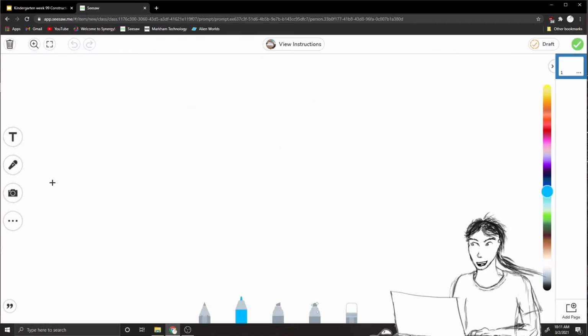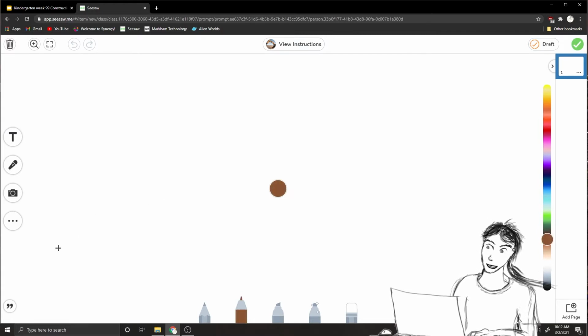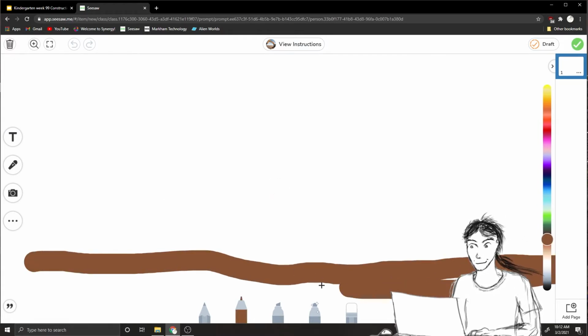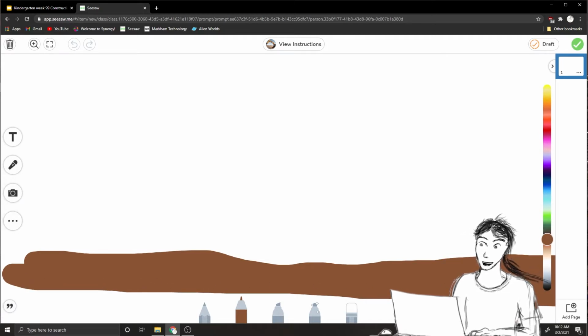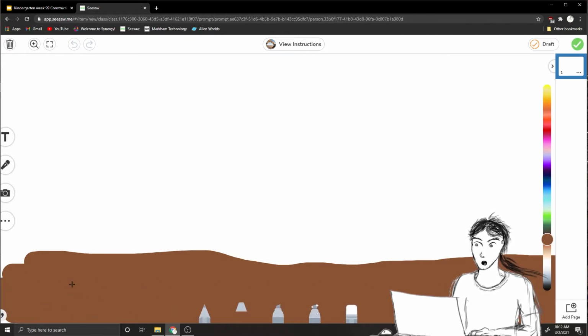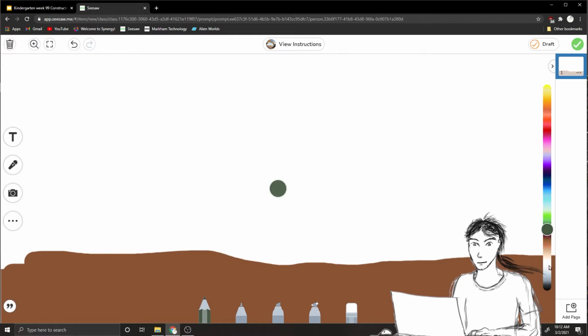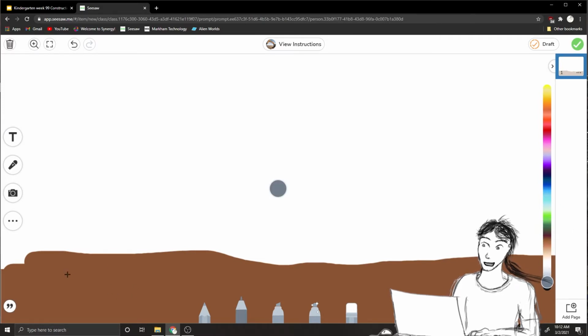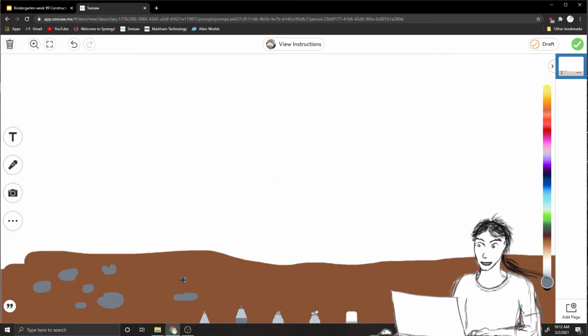and here we go. I think I want to start out with maybe a big marker, and I want to draw some dirt. We can start on some big plot of dirt, because usually a construction site has lots of dirt. Maybe you can draw some buildings in the background, or whatever you would like. Maybe some small rocks if you want. With some gray, we can do some gray rocks. Let's make some gray here. Draw some rocks here too. Maybe the construction vehicles are working around them.